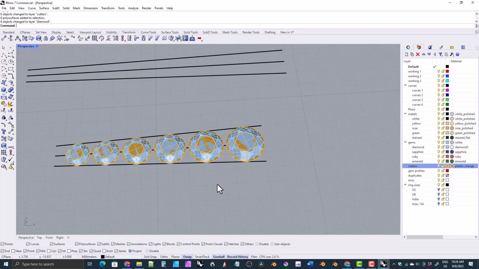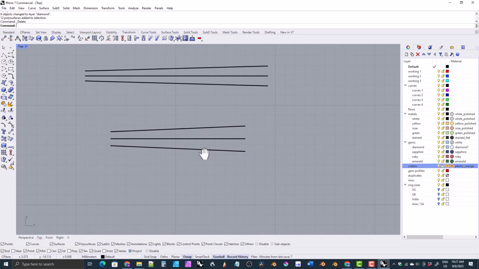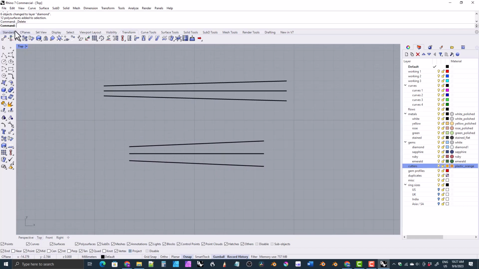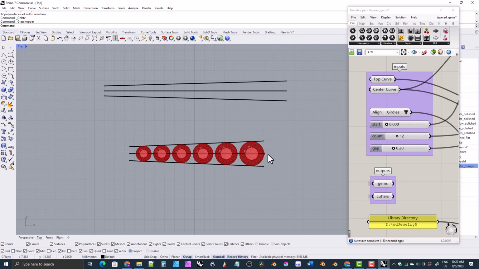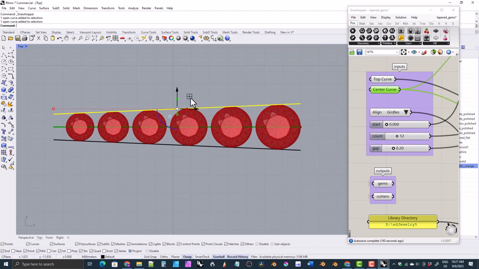Now I will open Grasshopper back up to show you one other thing that you can do, and that is you don't have to, these lines don't have to be straight. Remember, this is a mirrored image, so you don't have to mess with that line. When you open Grasshopper back up, it's already got the top curve and the center curve set up. Everything is already set up for you, okay? But you can rebuild this